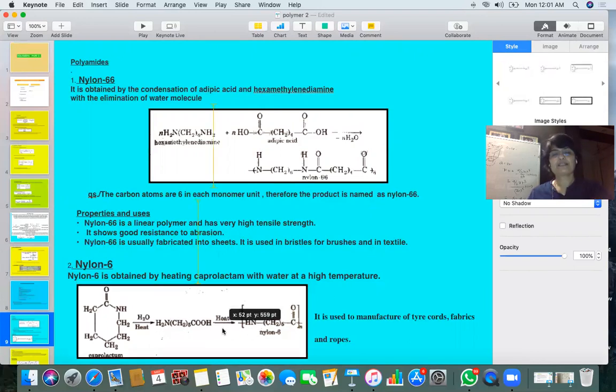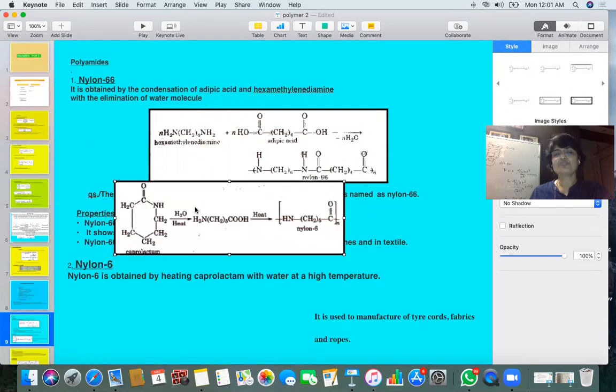Now nylon 6. Nylon 6, what do we have? It's made by heating caprolactam. Now caprolactam, you can just check here what caprolactam is. It is a 6-membered ring, with one functional group CONH, and 1, 2, 3, 4, 5 carbon atoms are present, but one is CONH. So this way, as a practice, when you get nylon 6 monomers, you have to write caprolactam. First of all, this is going to be heated with H2O.